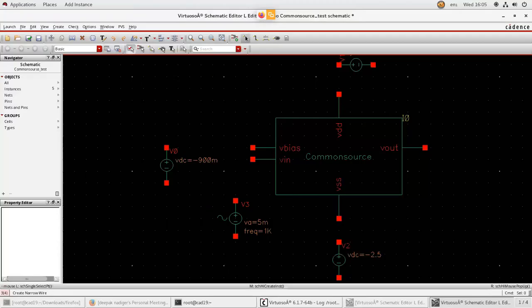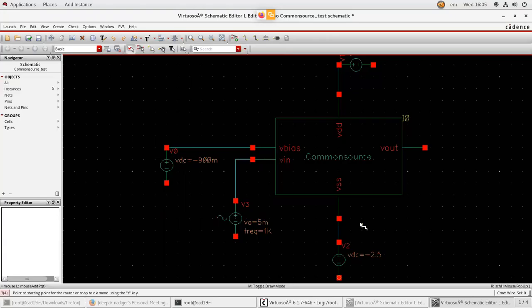To make the connections, you can take wire here. You can see the wire symbol, or press W. You will get the wire. Take the wire and make the connections. Connections are made by left clicking at that point. So left click here. To take the diversion, left click again. Come to this point, double click. Okay. Left click here, go to the destination, double click. Okay. So now one end of all the sources has been connected.